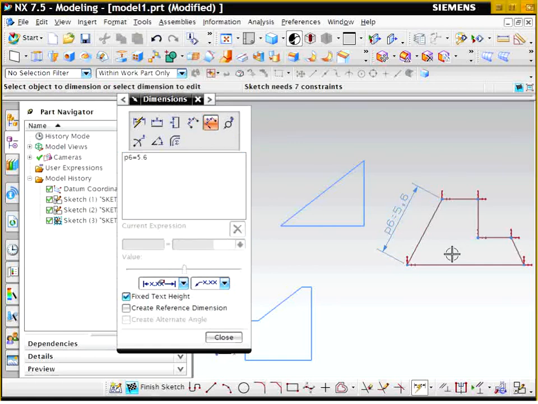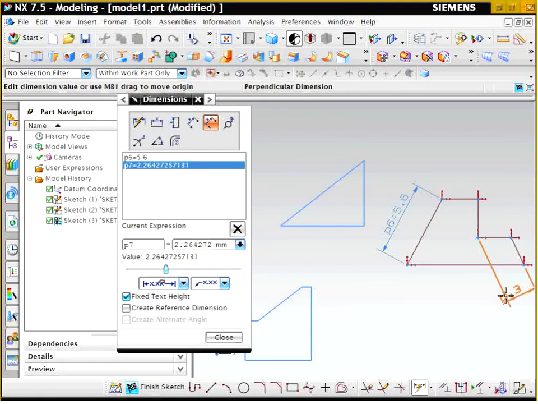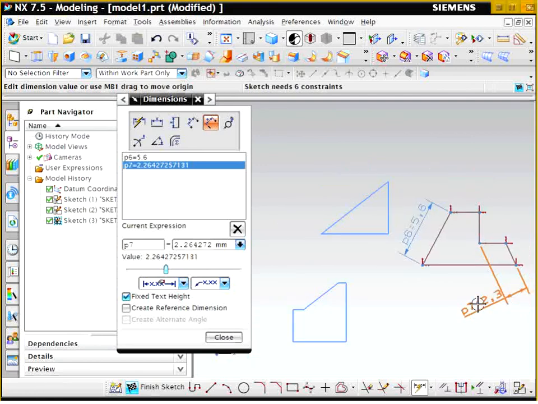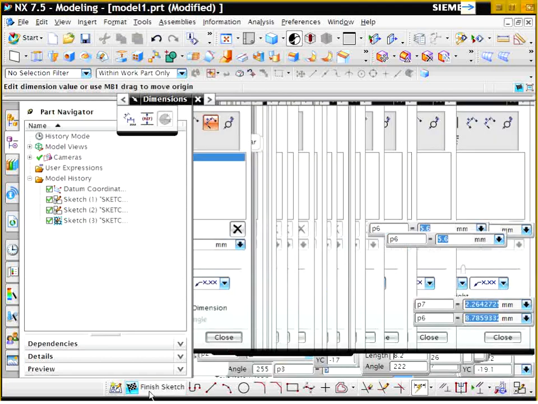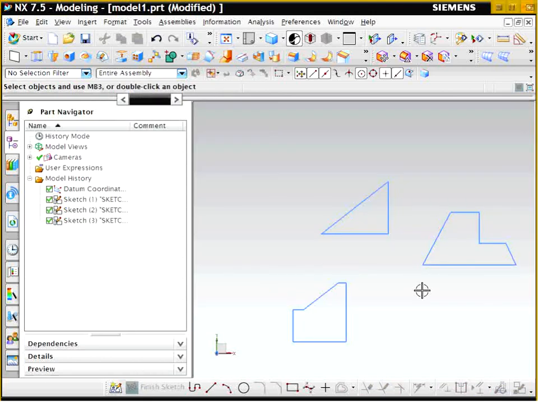Let's do perpendicular now. With perpendicular, we will measure the line perpendicular to these two points. So it gives us a few more tools, and you can move the dimensions if you like. If it's not coming in the screen for you, you can select them and move them around however you feel comfortable doing it. But those are basically some of the tools we use. I'll click Finish Sketch, and that's an introduction to sketching in NX,